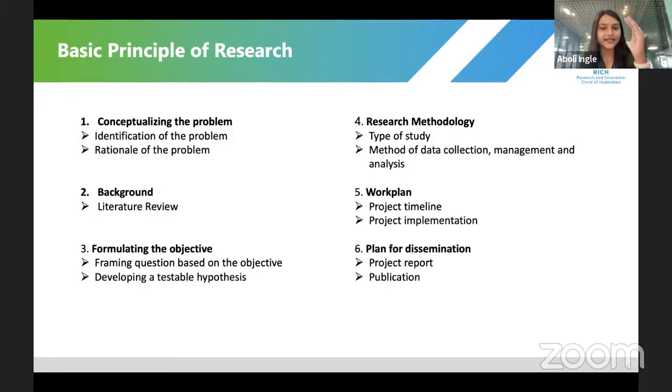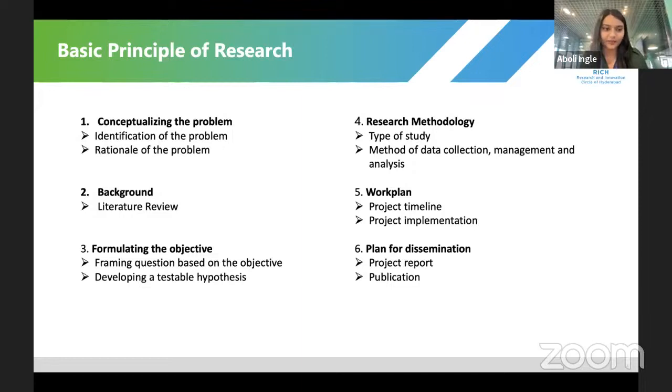Okay, fine. This is already available in the literature. This is not available in the literature. So there's a research gap. With the help of this research gap, you will then formulate the objectives of your research. You will have a general objective of your research. What exactly do you want to target in your research?